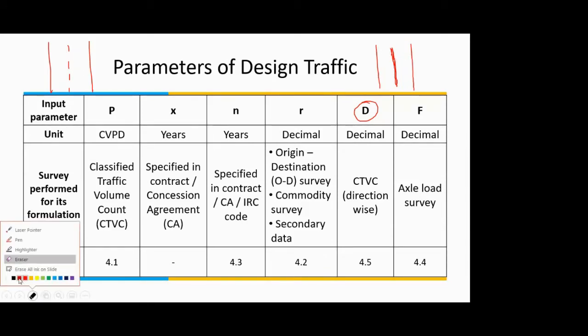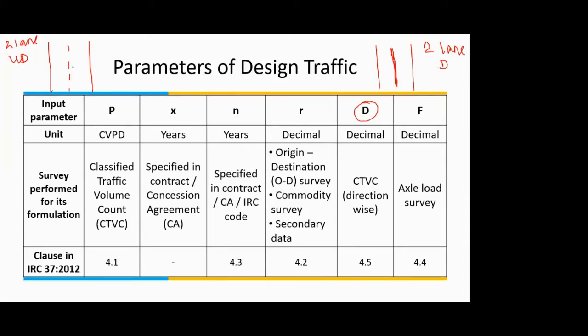Now what I mean by that is, suppose I consider these two configurations: 2-lane, which is undivided. This UD is nothing but undivided, and this is 2-lane divided. Just for example purposes, or for making you understand, I am taking these two configurations. You can have any configuration over here. So you have 2-lane undivided, 2-lane divided. Now when I say that one lane is for upgoing traffic, another is for downgoing traffic, in both cases one lane is for upgoing, another is for downgoing vehicles.